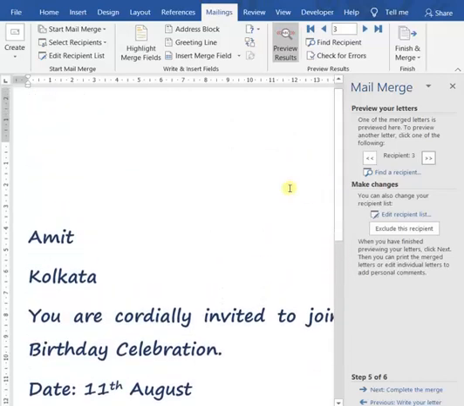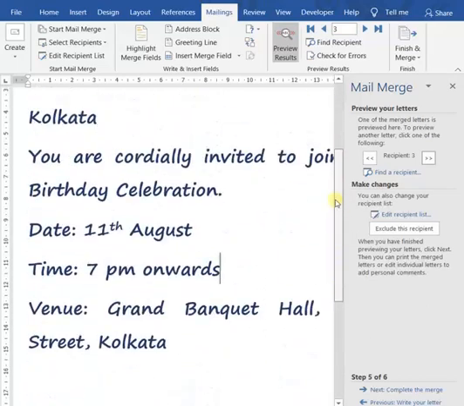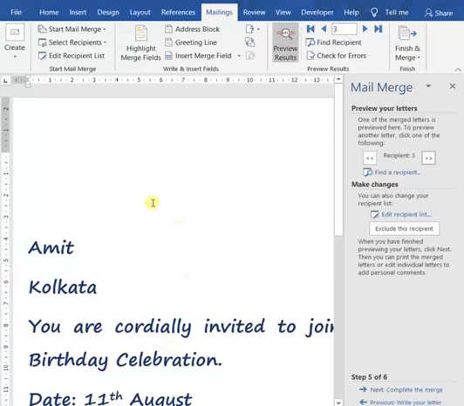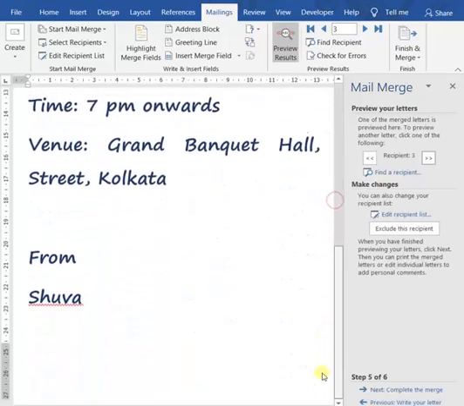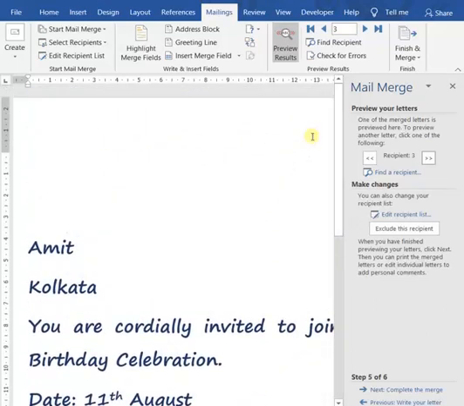So we can see that 3 separate letters have been automatically generated by Mail Merge by combining the main document with the contacts of the data source. It automatically creates 3 documents within a fraction of a second and merges each entry from the data source into each letter of the main document, and thus 3 letters are created in the complete merged document. These 3 letters together are known as the merged document.